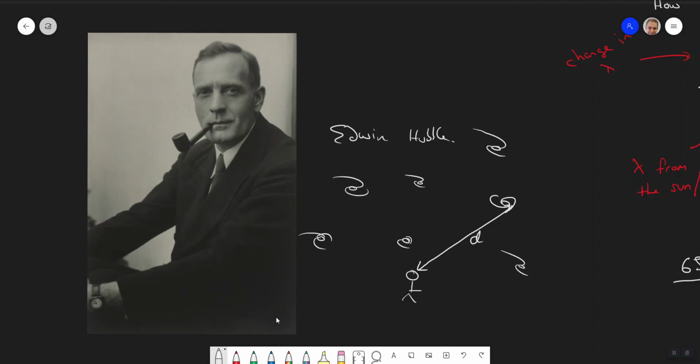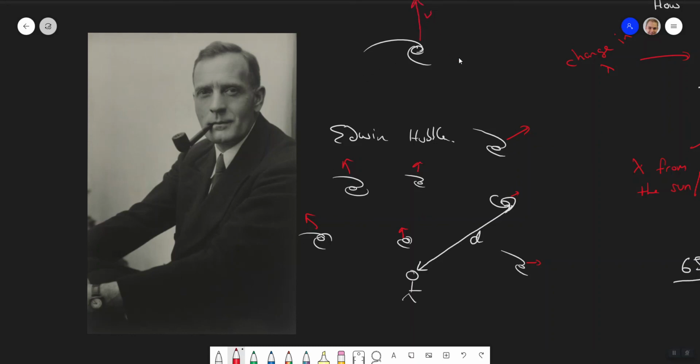No matter where he looked, once he crossed a certain threshold of the local group, which is the galaxies that are really, really close to us, like Andromeda, he found that the light from every single thing was redshifted, which told him that everything is moving away. But not only that, the further away a galaxy was, the more it was redshifted. So if I have a galaxy up here, it's much further away, and so it's moving much, much faster.